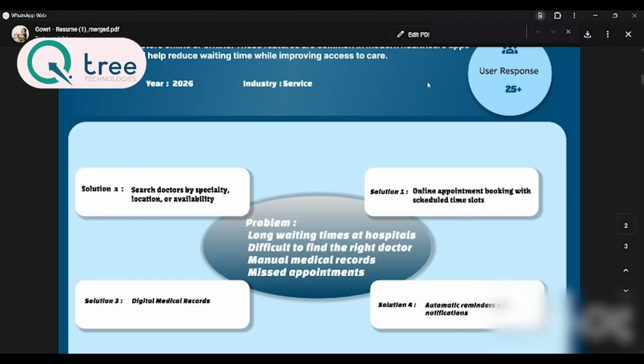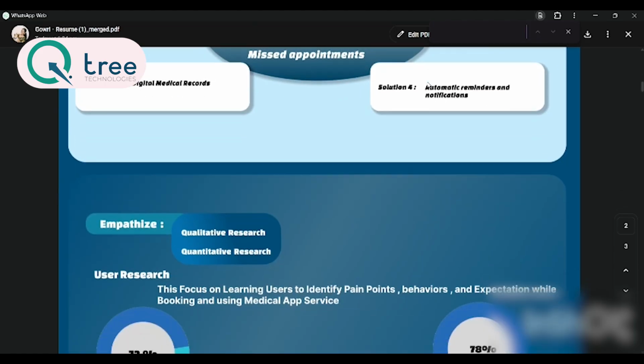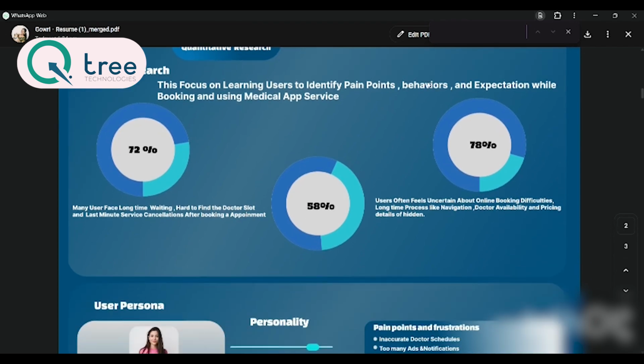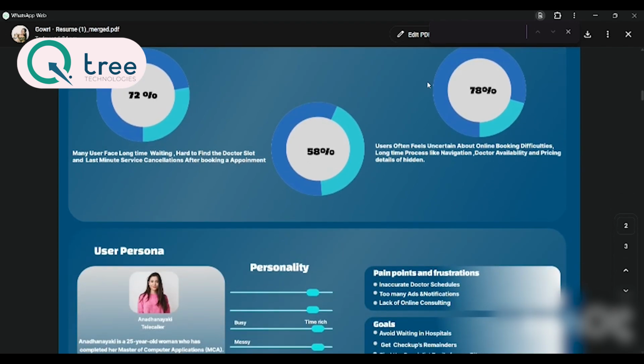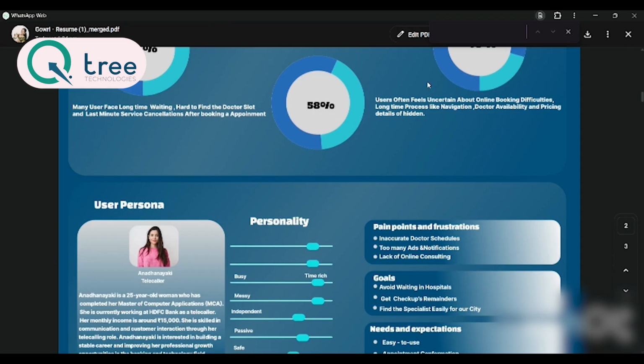User research: I conducted quantitative and qualitative research to understand user behavior, expectations and pain points. Most users wanted a fast booking process, clear doctor information and timely appointment reminders. After that, I will get the